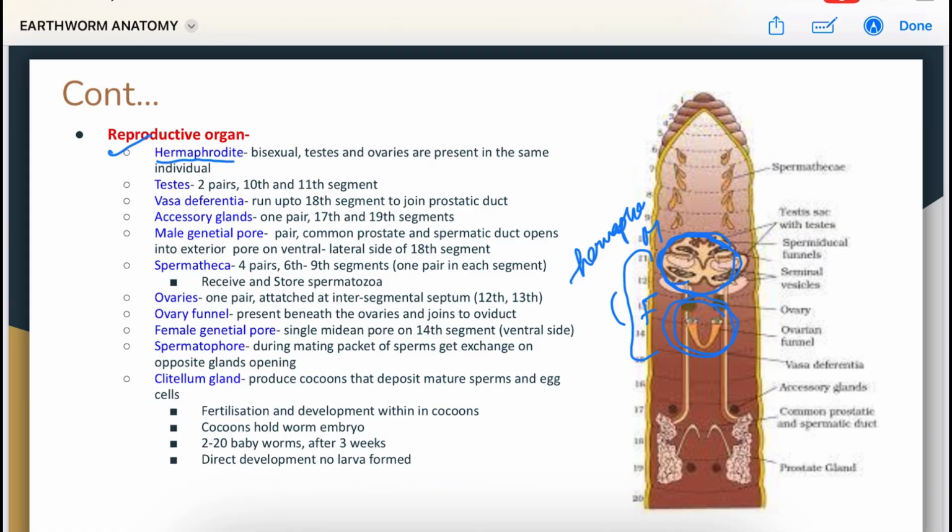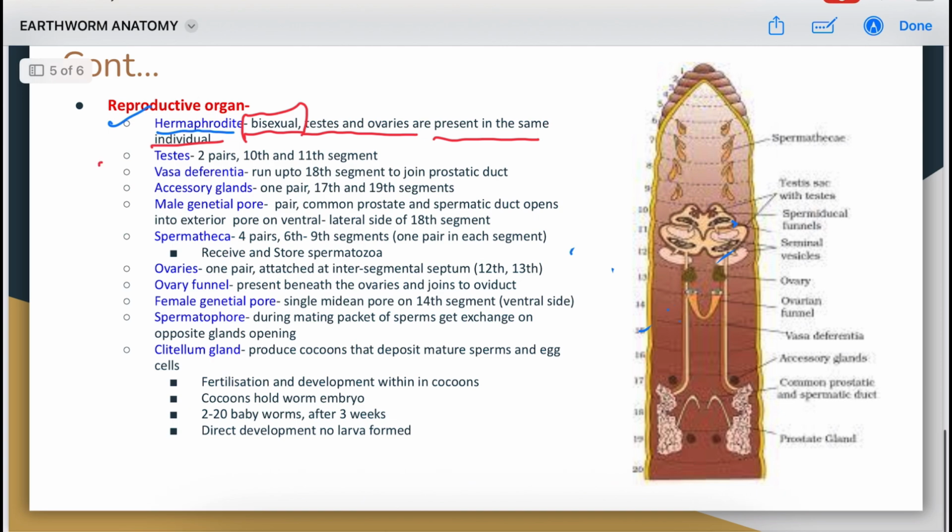Okay, that is also called bisexual, means two sexes are present in the same organism. Testes, ovaries that are present in the same individual. Okay, where testes are present? First of all, testes are present in two pair, means four. Two pairs means 4 हो गए. Here testes are present. Okay, on the 10th